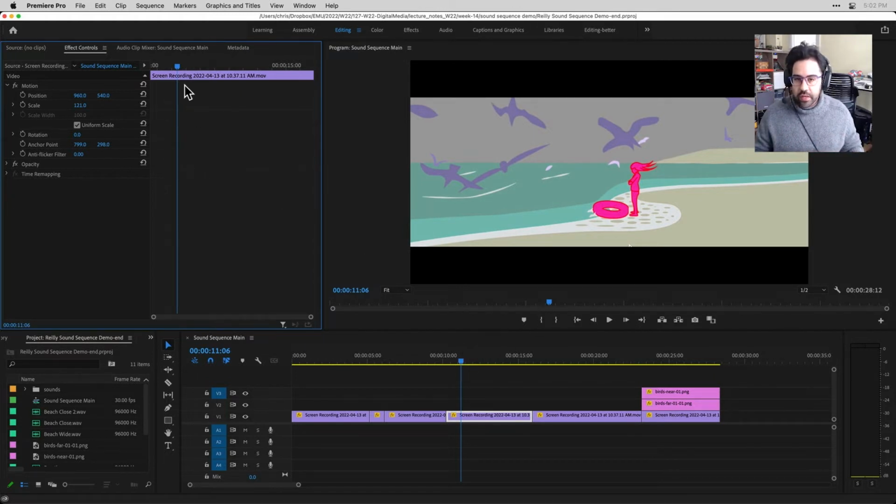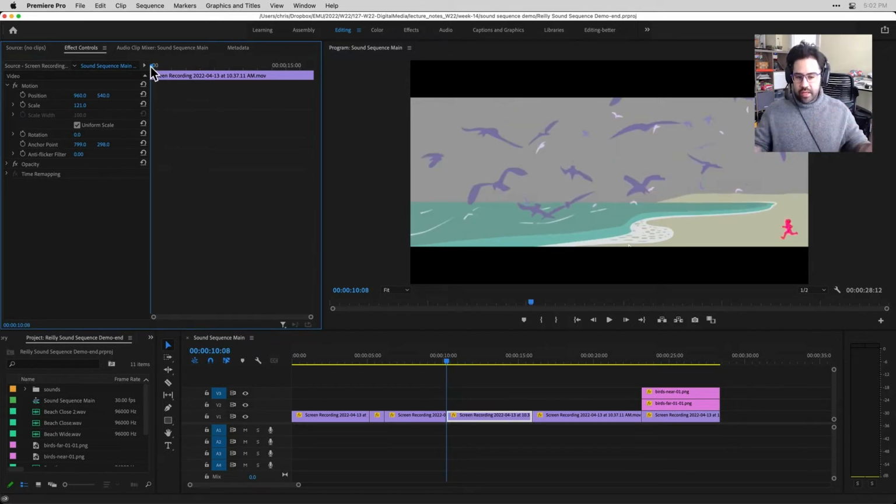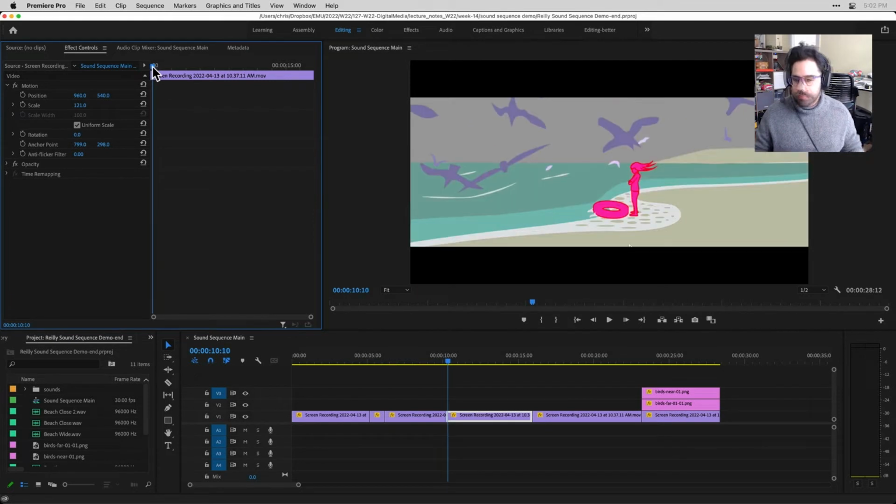What I want to do here is get my playhead to the point in my clip where I'd like the effect to start. In my case, that's right at the beginning of the clip. I want this to start zooming in immediately as we see it on screen. Then let's find the effect property that we'd like to animate. In this case, the one I want to work with is scale. I'll click the toggle animation button next to that property. It's the one that looks like a stopwatch.